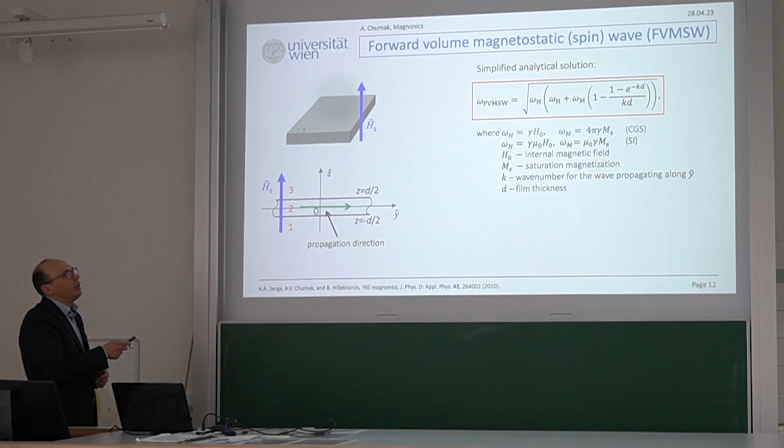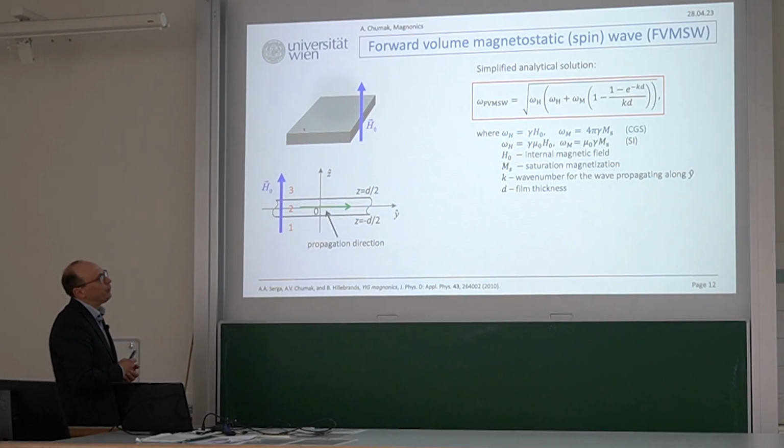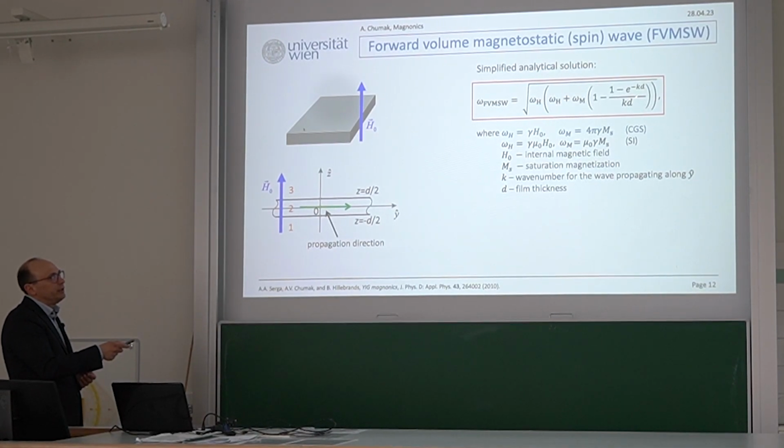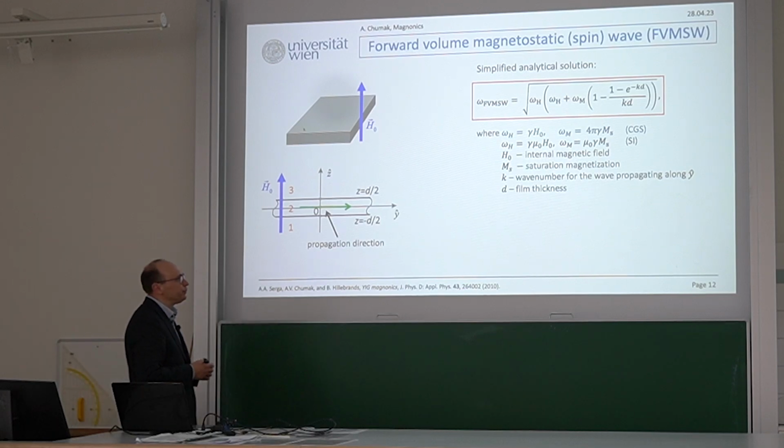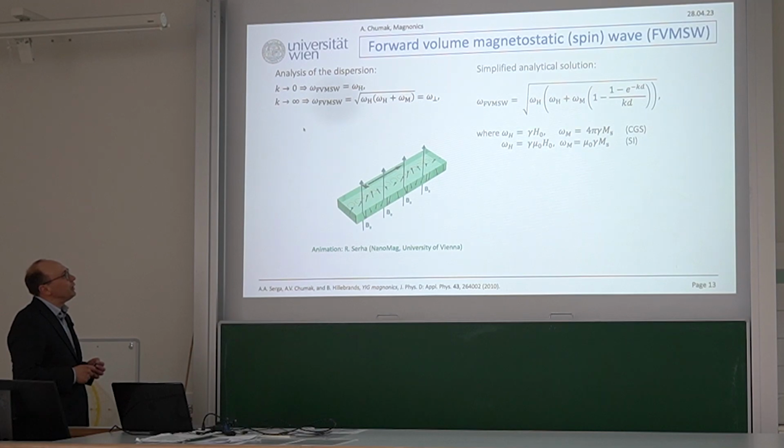And you see it's written in a direct form. It's omega, the frequency of forward volume magnetostatic spin waves, as a function of k, of the wave number. And again, we use omega h, CGS, SI, and we use omega m, CGS, SI. And here it stays D, because the dispersion of this curve strongly depends on the thickness of your film. To plot this dispersion, we need,